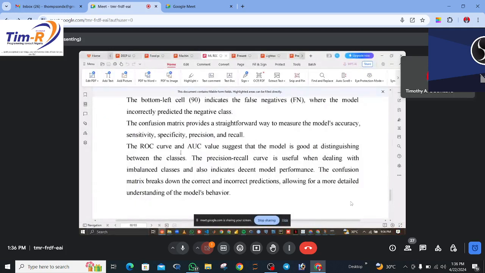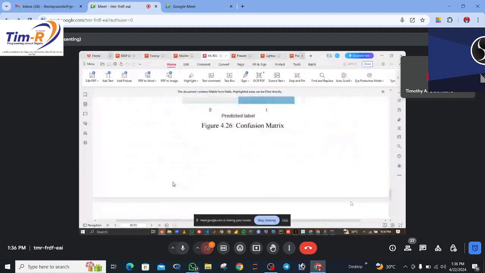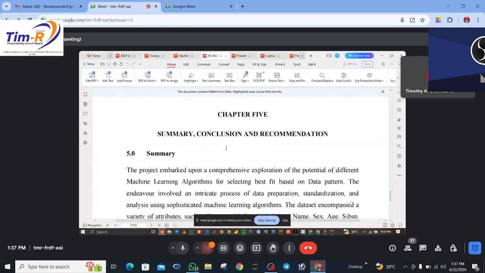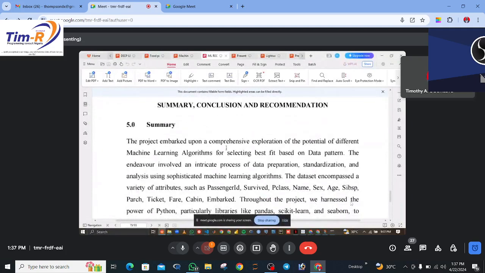The ROC curve and the AUC values suggest that the model is good at distinguishing between the classes. The precision recall curve is useful when dealing with imbalanced classes and also indicates decent model performance. The confusion matrix breaks down the correct and incorrect predictions, allowing for a more detailed understanding of the model's behavior. So this gives us the model behavior. Now, the summary is this: